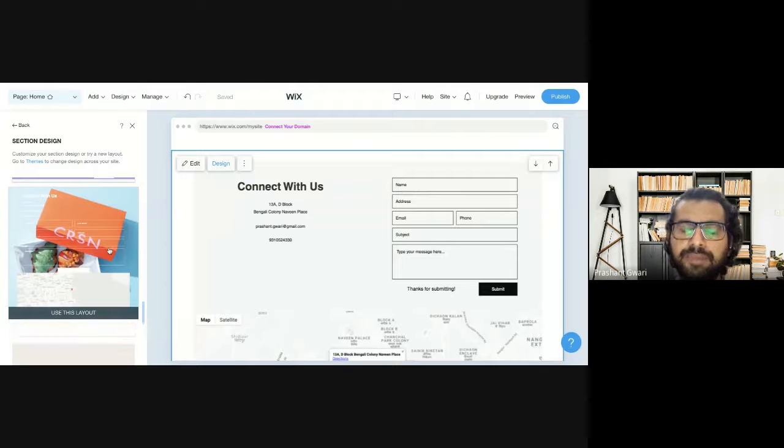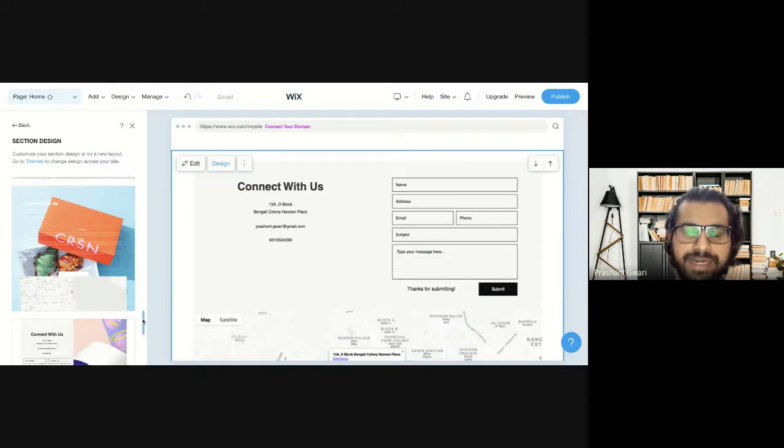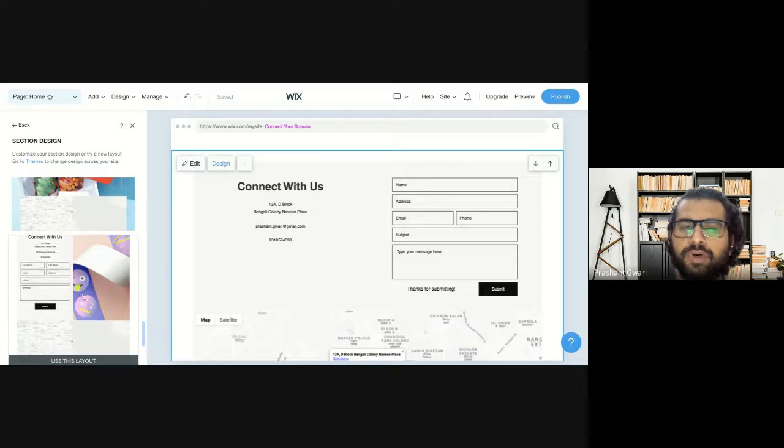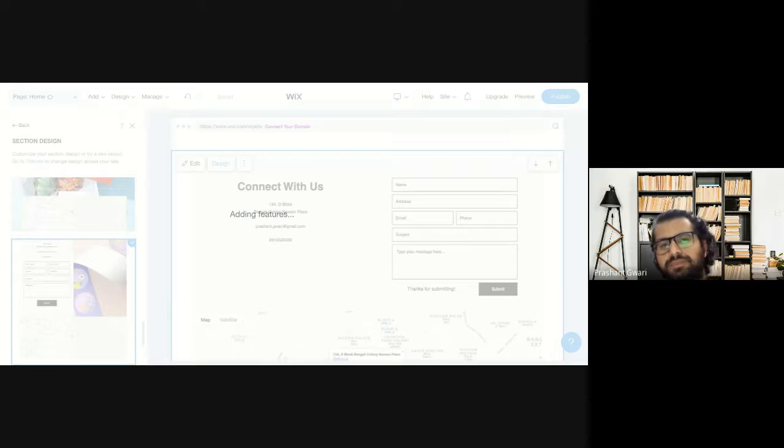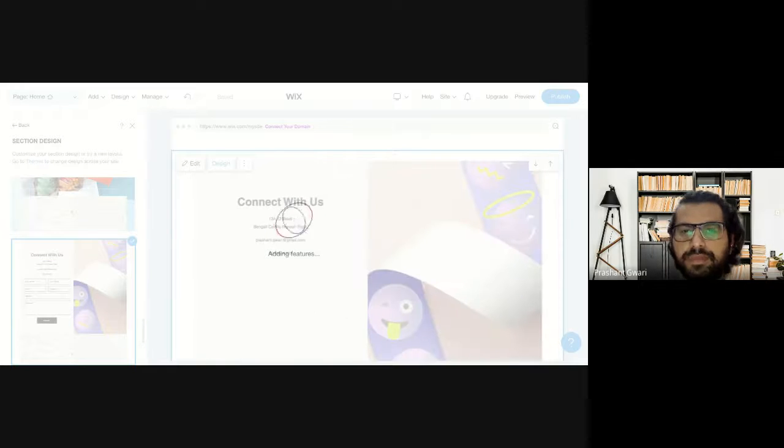We have this one, but this one has a really different kind of background, so it's hiding the text color. We can go with this one. And after that, it will be posted and we will do some customization and make some minor changes here on this section of the website. And then our first part of creating a website will be done.